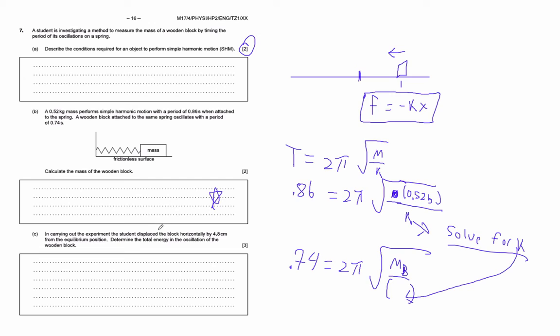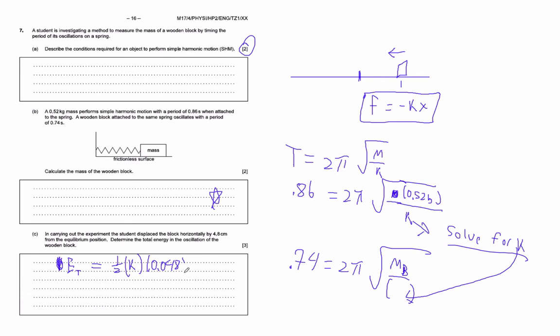In carrying out the experiment, a student displaced the block horizontally by 4.8 centimeters from the equilibrium position. Determine the total energy in the oscillation of the wooden block. 2 ways to do this, okay? Way number 1 is we're assuming that they release it from rest at 0.048 meters, right? So way number 1 is you can say the total energy is just the potential energy that it starts with. So that's 1/2 k that you figured out from here times